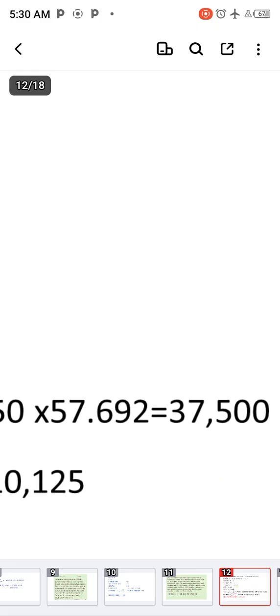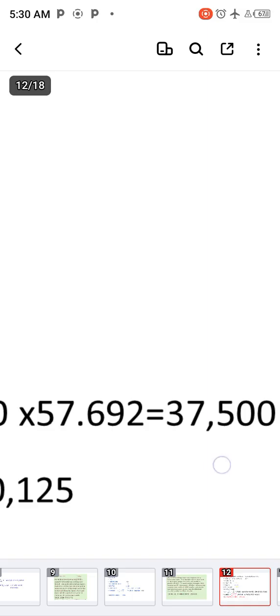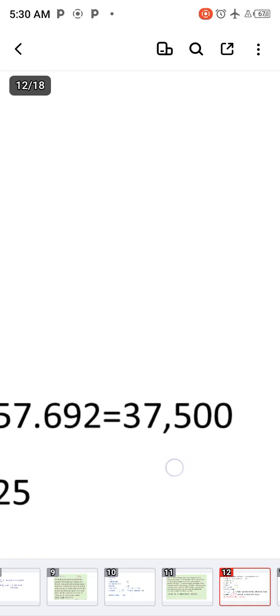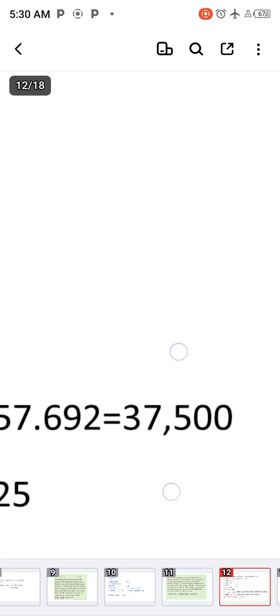Now we have gotten the selling price of the books, and we have gotten the cost price of the books. The next thing we will do is to calculate the profit, and the profit is equal to